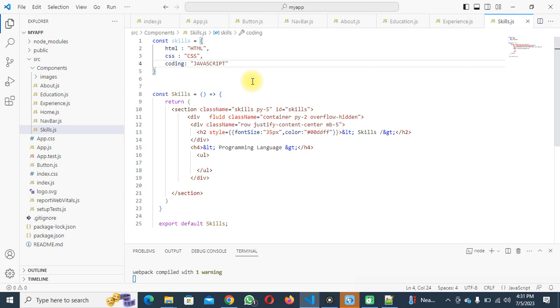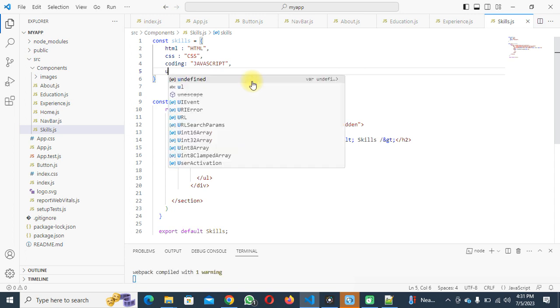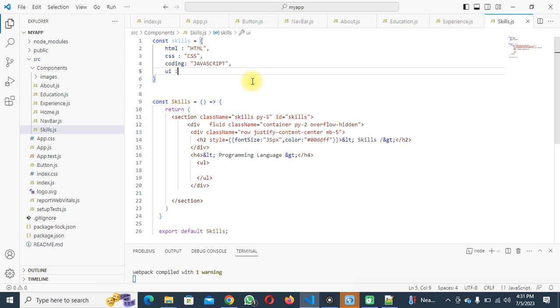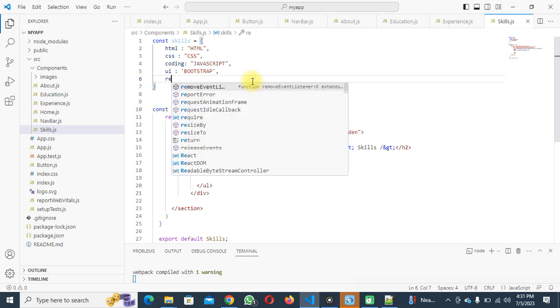JavaScript. Okay, comma. Then UI. I want to quote Bootstrap. You can use any quote if you like. Bootstrap. Okay, comma. Then we can say RE